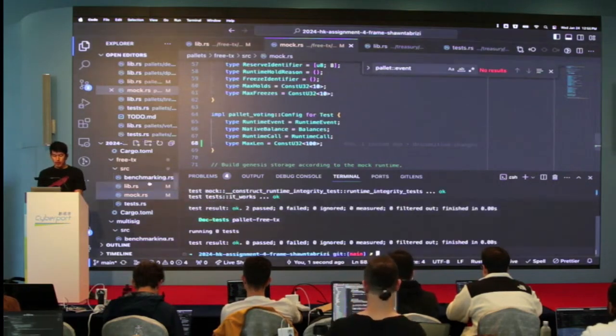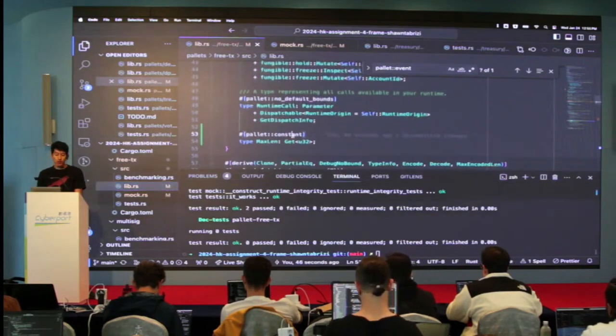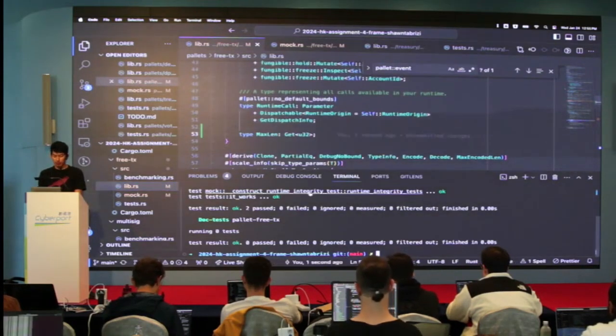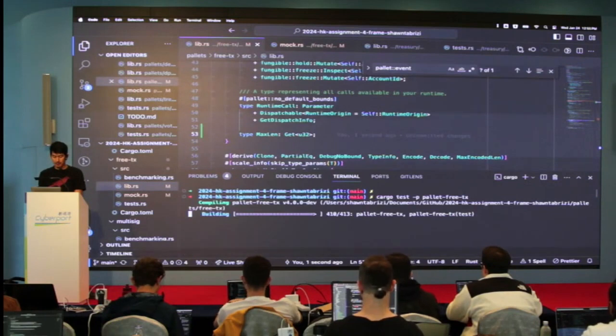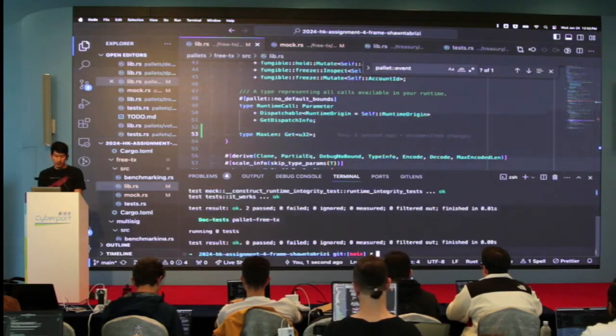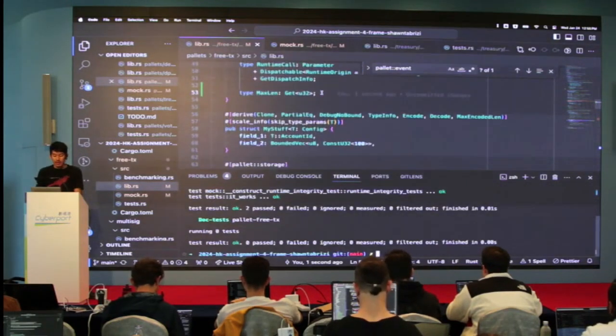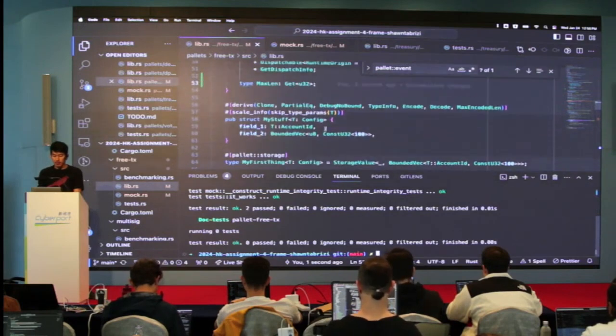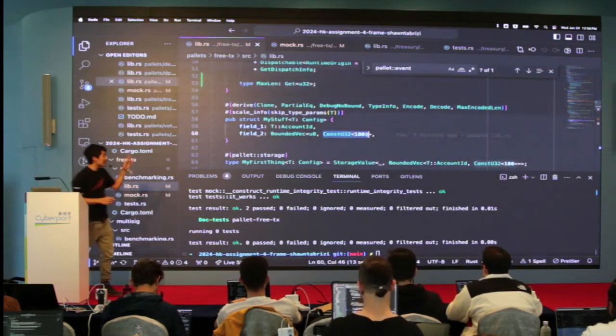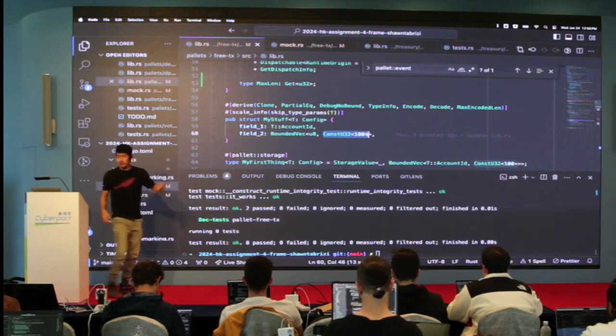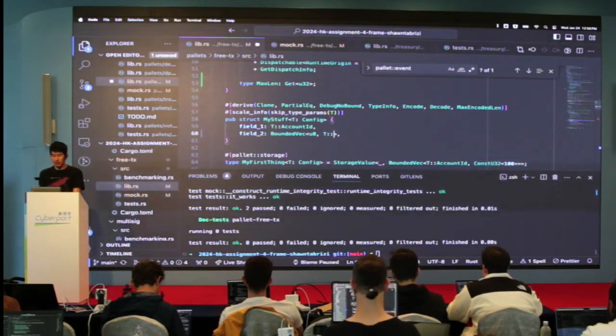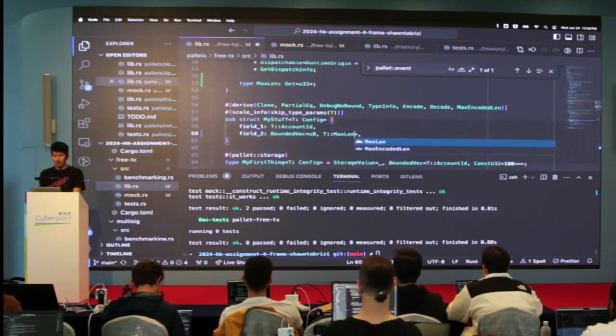I'm not using it yet, so maybe it's not relevant, but if I remove this, it doesn't like it. Now instead of the constant 32 here, I can use this configurable constant. I can do T::MaxLen, and that should be enough.